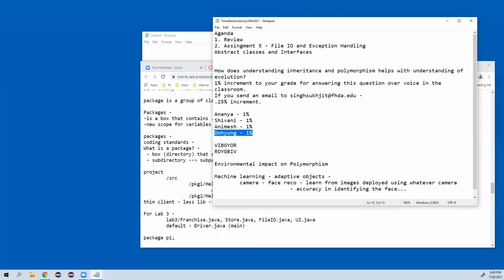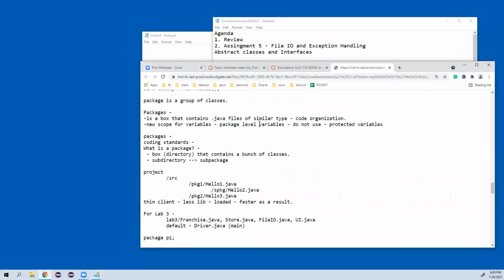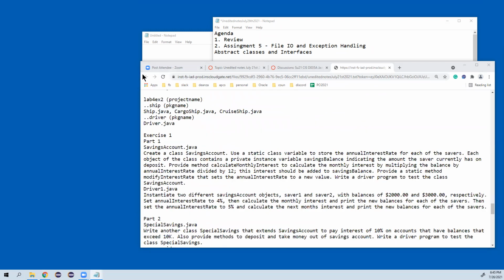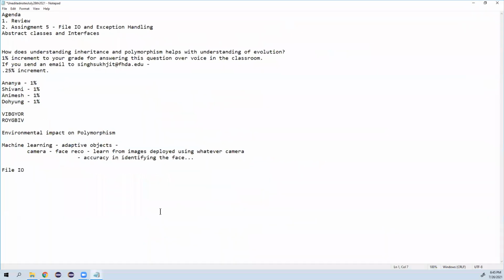So, all right, to move along, file IO. There's a lot to be covered in file IO. So what I'm going to do is a two-part coverage. One, what you need for lab 5, and the other, what you need for the final. So in file IO,